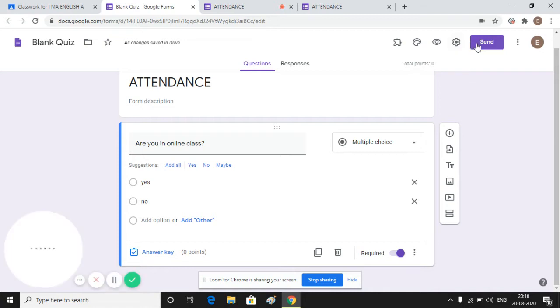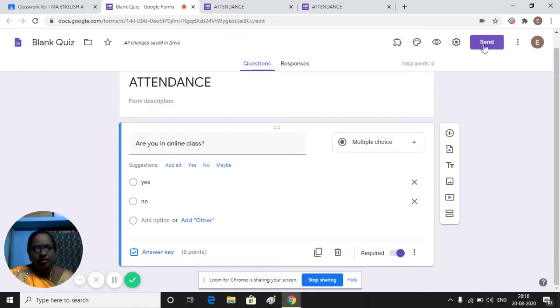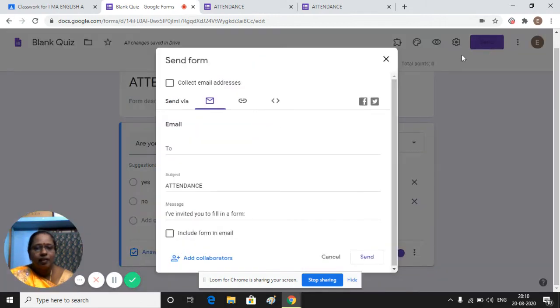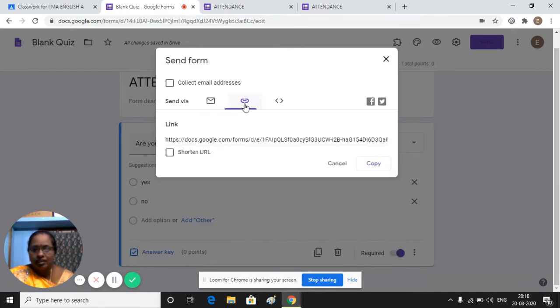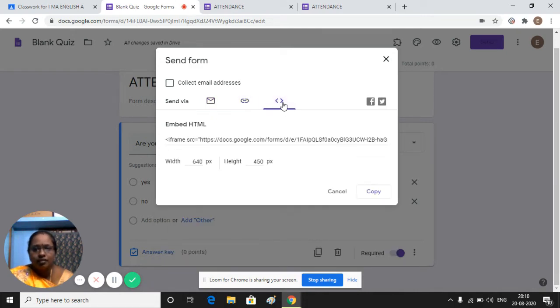Okay. By clicking the send option, it is available. By clicking that, you can send via Gmail, that is email address, or send via link, or send through HTML. Three options available. Usually we use two options, email address or link.